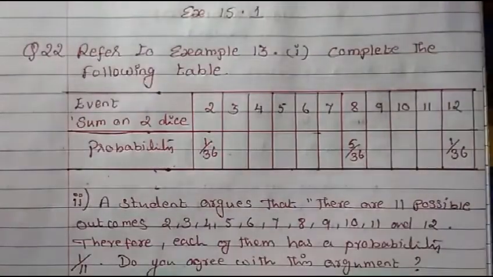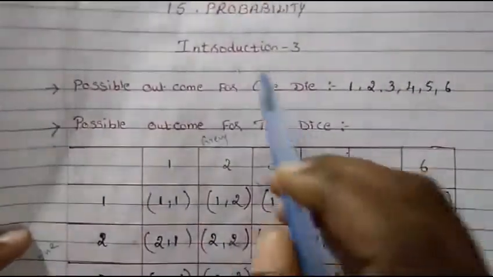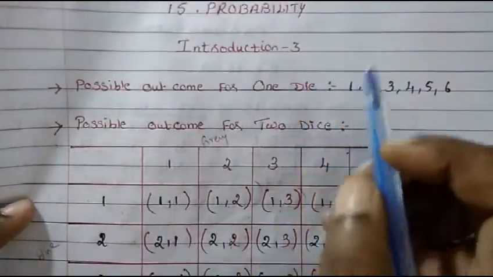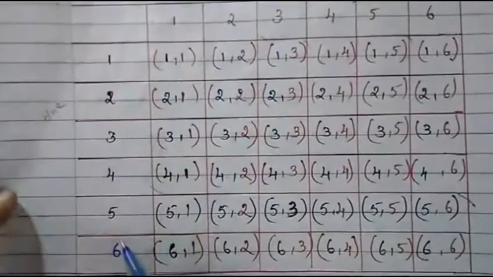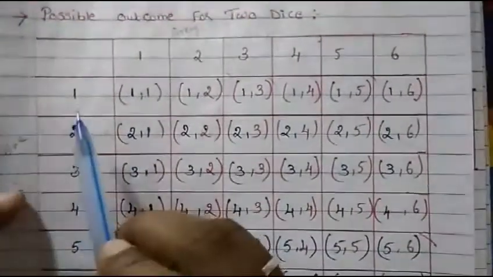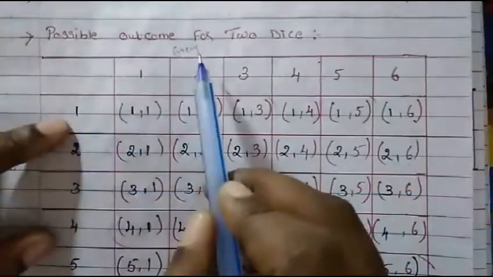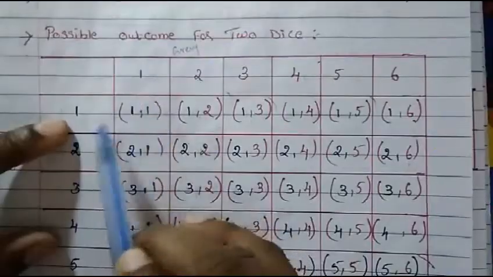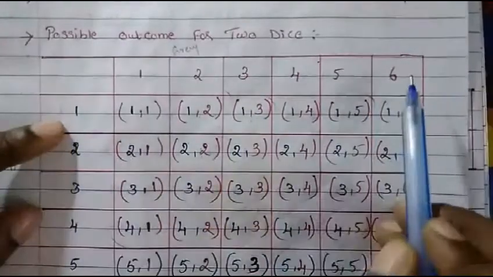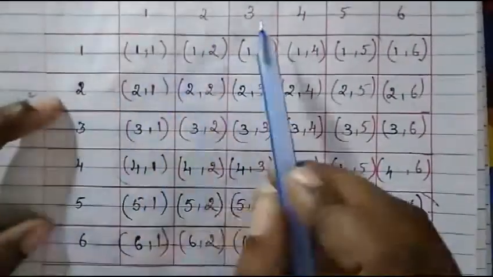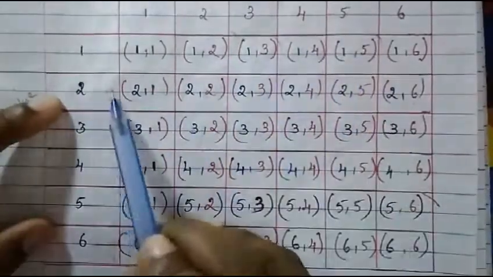Now this I have explained to you in introduction part 3. If you go to introduction part 3, there I have explained to you in detail about the possible outcomes for 2 dice. So consider this one die and consider this is another die. So this as a grey and this as a blue, since it is mentioned in your textbook blue and grey. So then you make this chart. So with the blue die 1, then there is a grey die, there is a possibility of getting 1. So with 1 1, with 1 2, with 1 3, with 1 4, with 1 5, with 1 6, with 2 2, with 2 3, with 2 4, with 2 5, with 2 6.